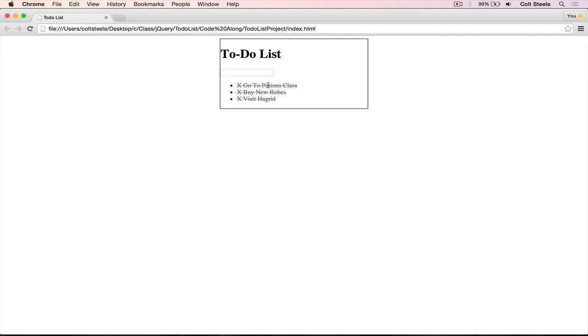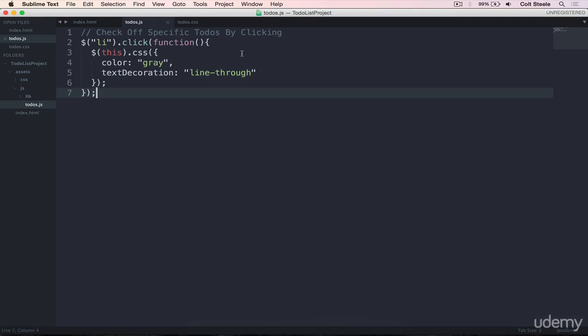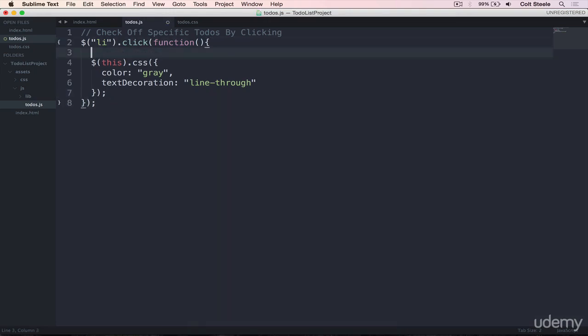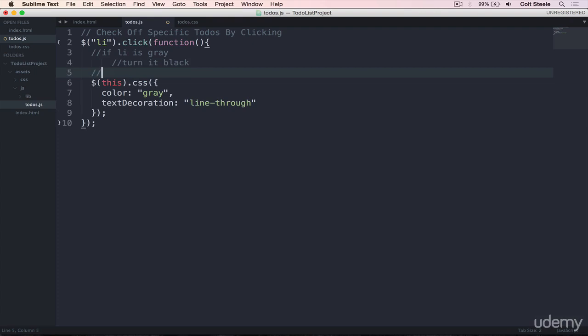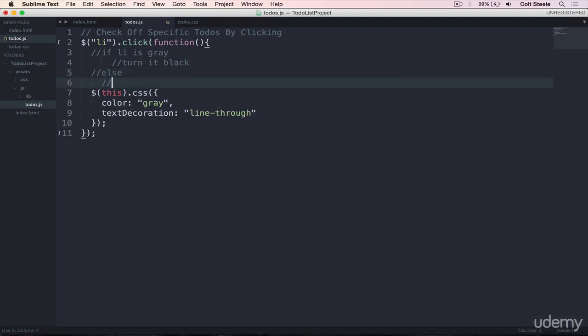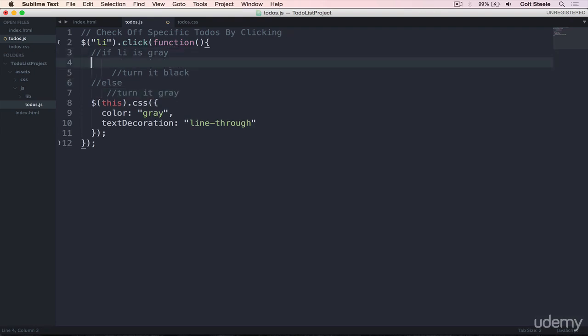The next thing we might want to do is turn it back to black and get rid of the line through when we click again. To do that, we'll use a simple if statement. So we'll check if LI is gray, then we will turn it black, else turn it gray. So to check if the LI is gray, we can do if, and we can use